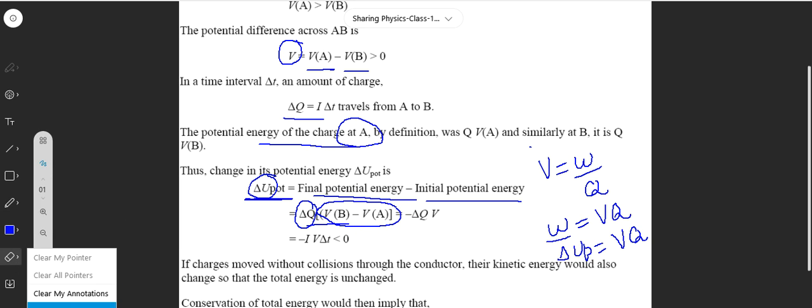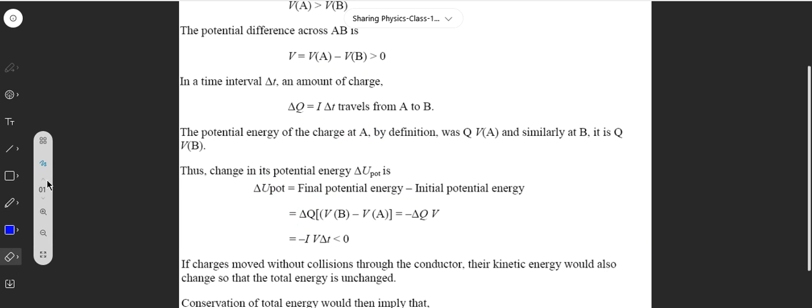So if you get that clearly, then you can see one more thing over here, that we can write VA minus VB as Q, and delta Q can be written as what? Delta Q itself. Yes. Now there is a minus sign over there. What is the reason for it? I told you already. The initial potential will be high and final potential will be low. Over here VA must be high and VB must be low. If you subtract it, obviously you will have a negative sign, as we discussed in the previous slide. So that's why we have a minus sign over there.